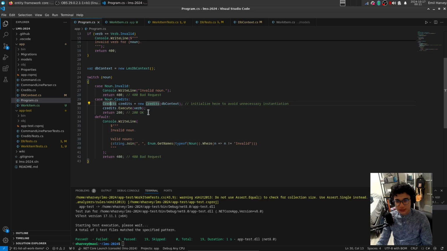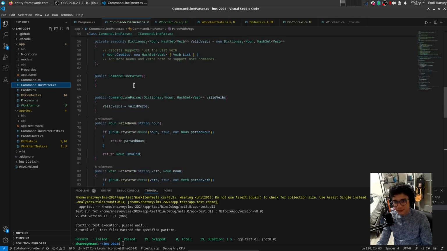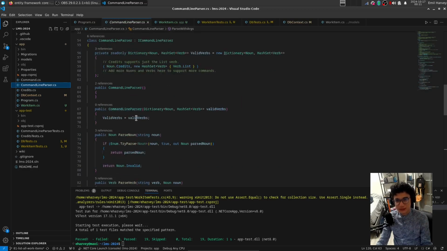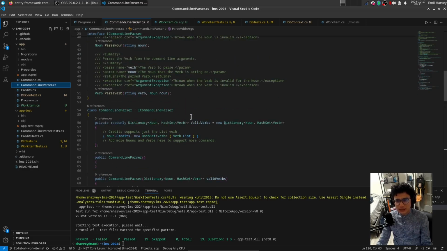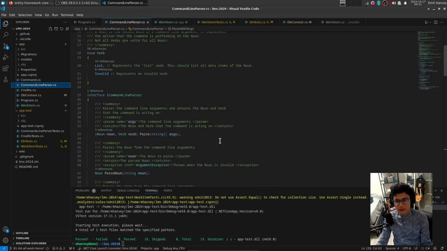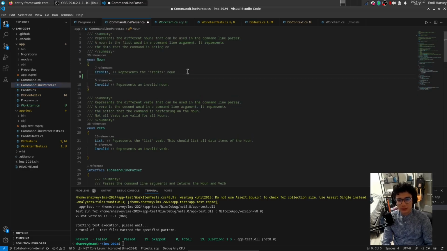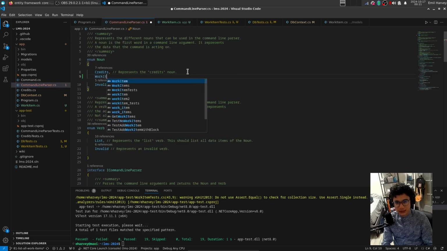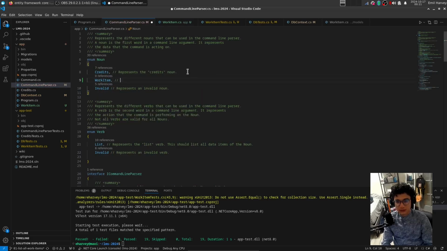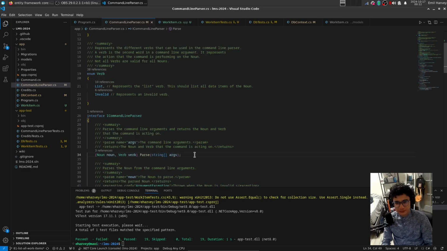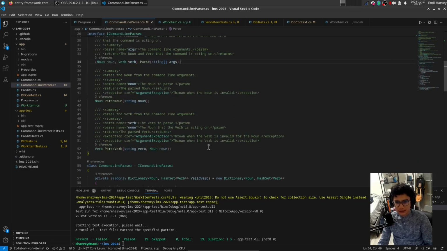Speaking of, before I end up here to create the pull request, I do have to update the command line parser to tell it that we have some new valid nouns. So here, there should be something that says credits. We're going to add work item, singular, represents work item, and list remains the same,